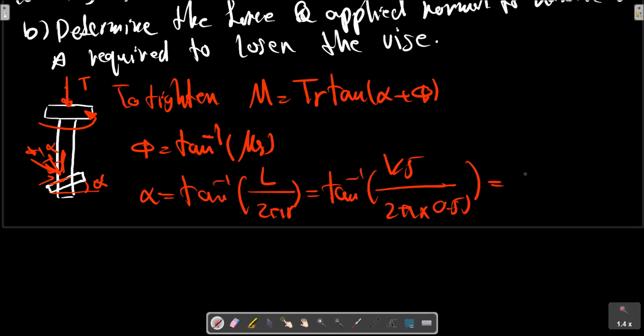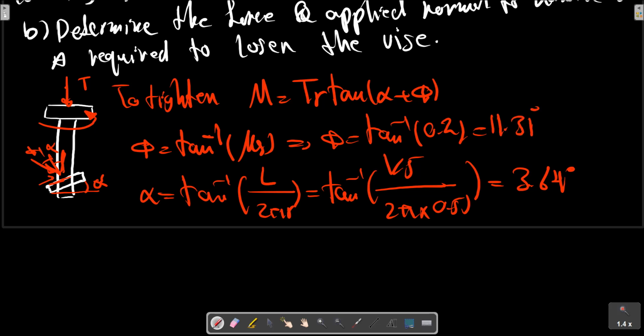Alpha can be calculated, and phi, where mu s is 2/10. So now